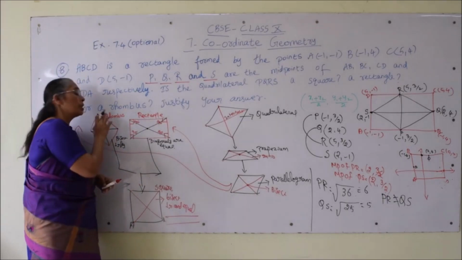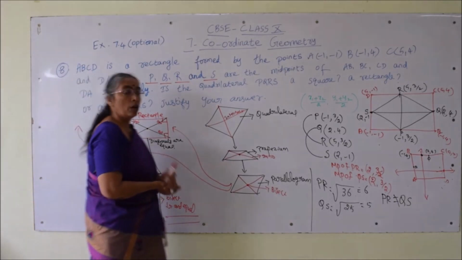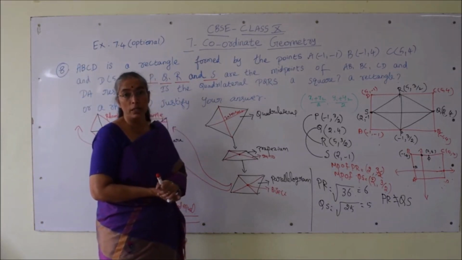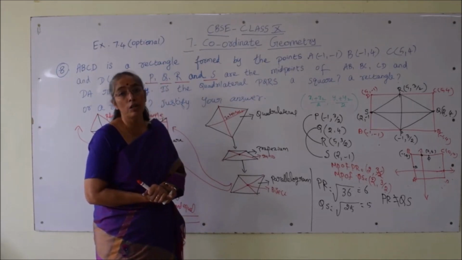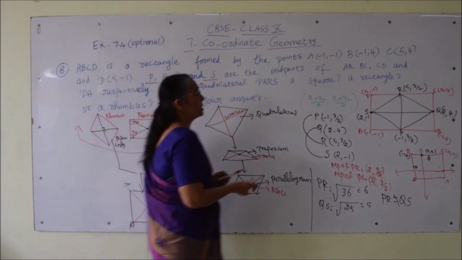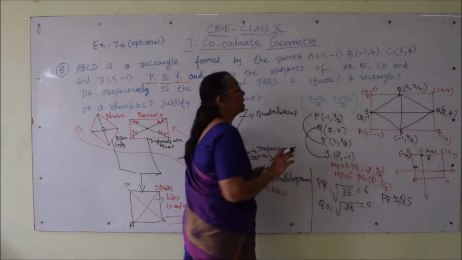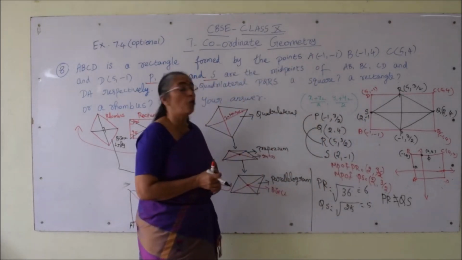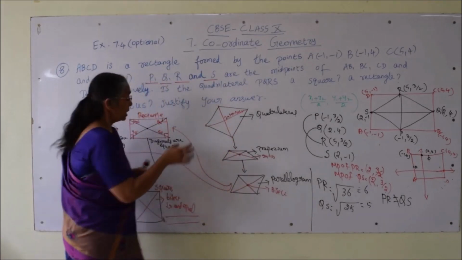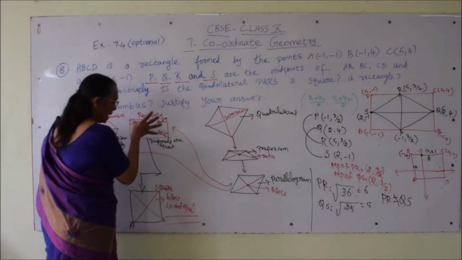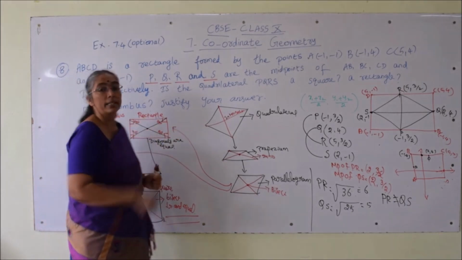One way is to go with the slope condition for the diagonals, whether they are perpendicular or not: the product of the slopes is equal to minus 1. I think it is not in your syllabus. Okay. So we can prove that all four sides are equal. You can find the distances PQ, QR, RS and PS, and you will get all four distances as equal. Shall I do all four distances here and check whether it is a rhombus? It's already clear that since rectangle and square are ruled out, it should be a rhombus, but we verify once by checking the distances.